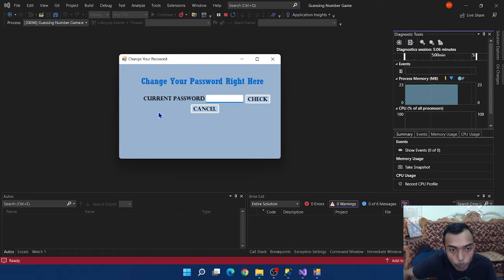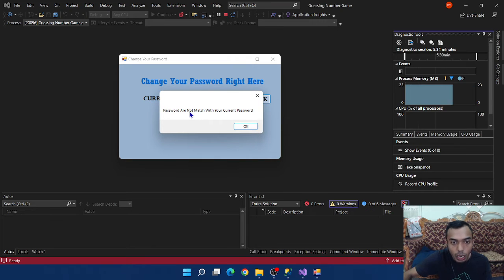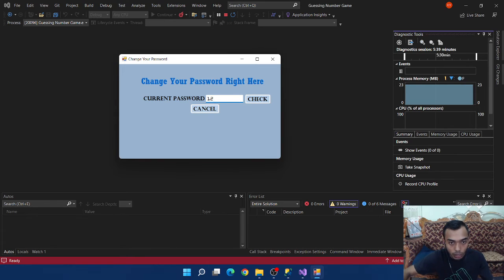Now, this is the change password form. The program asks us to key in the current password for the user account. The current password is 123. If we put any password that doesn't match the current password and we check it, it will come out like this: password does not match your current password. If we put in the correct password and check it,